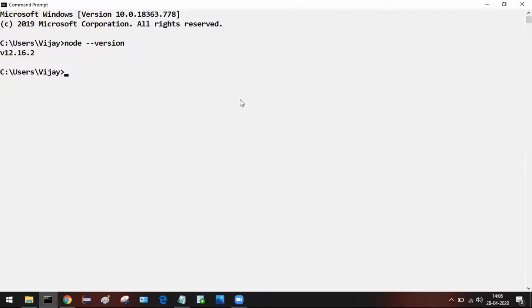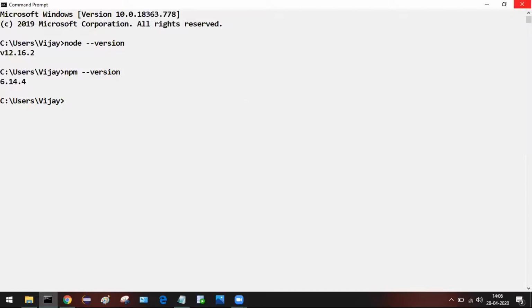We also need to check the npm version, npm double hyphen version. What is the version of npm? npm stands for Node Package Manager. npm version is 6.14.2.